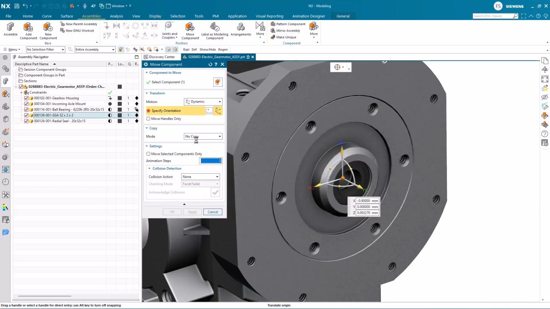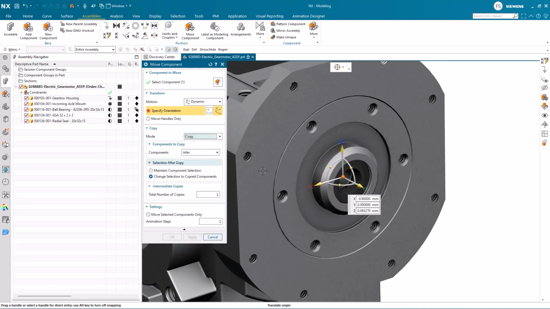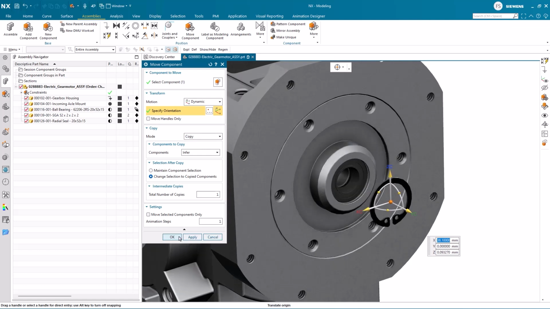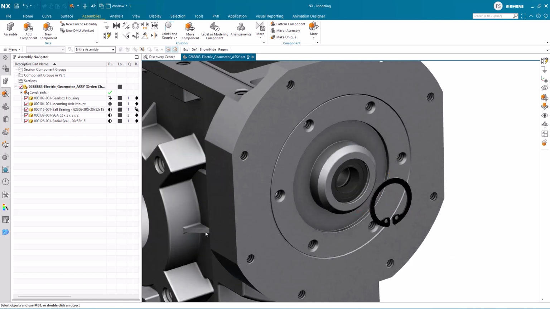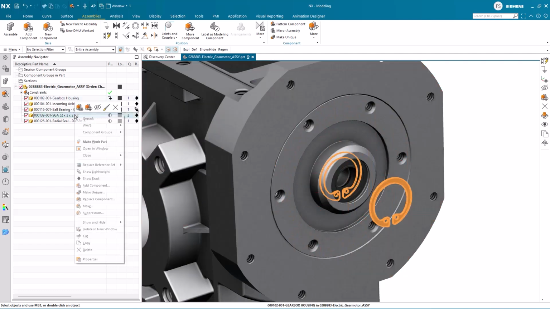Here we toggle the copy option on and simply drag the component to a new place using the positional drag handles. Now, this will create a copy of the component, but it needs to be positioned with constraints. If you would like to reuse the constraints that you have already created, you can simply do a copy and paste operation. We right mouse button click on the retainer rings in the assembly navigator and choose Unpack,